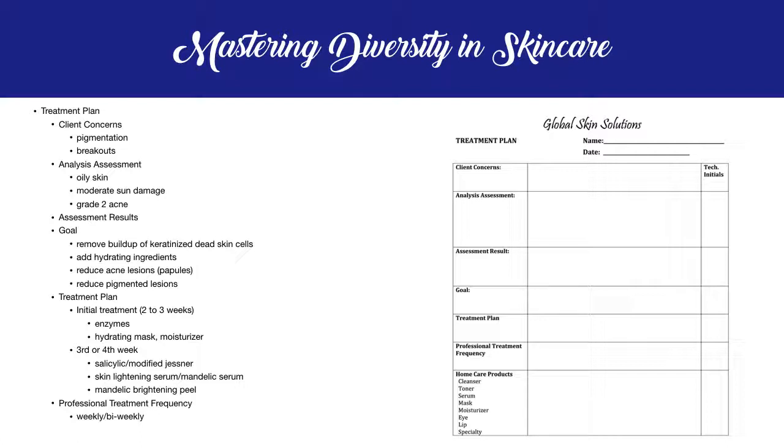add your sun protection. So the frequency, honestly, when it comes to corrective programs, I like to see the client every single week. That may not be possible for your client, but it should be bi-weekly. So every other week they should come to you. They're not going to get the results that you would want them to get or that they want to see if they're only coming once a month. So when it comes to a corrective program, you need to see them either weekly or